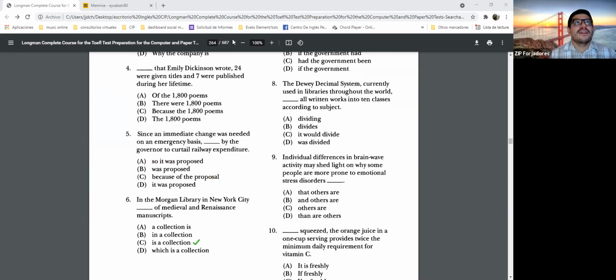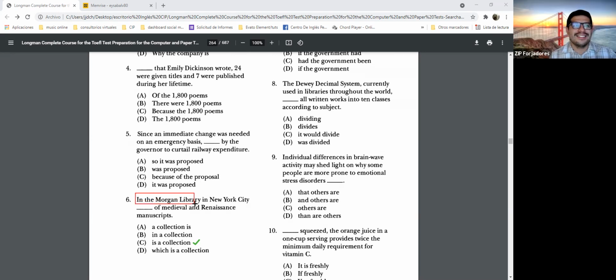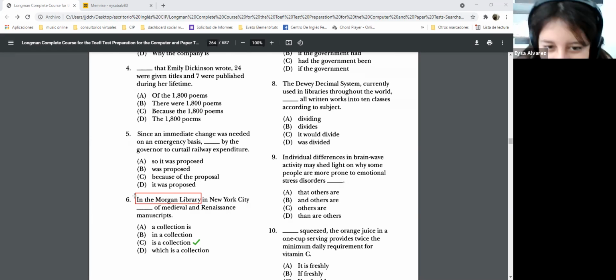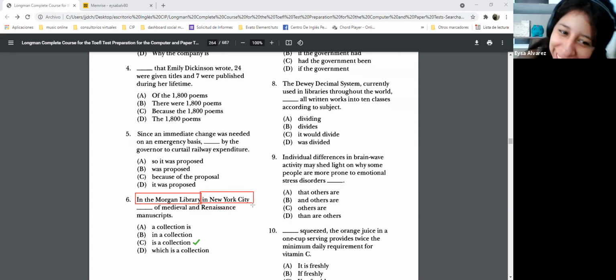Excellent. Okay, so we start with the "in," that is for a place, right? Yes. A place expression. Very good. In New York City. Yes, because first I was thinking about the letter A, but a connector is... But then I checked that we start with a place, so that's why I choose the letter C.